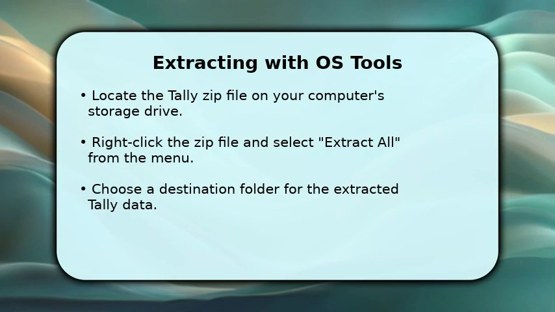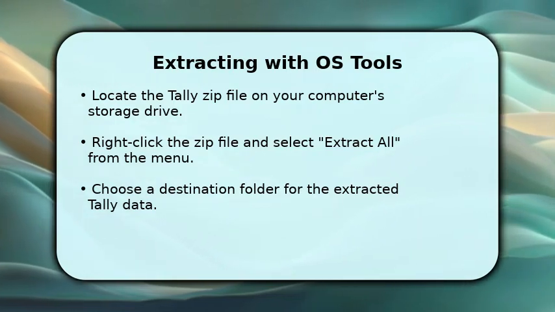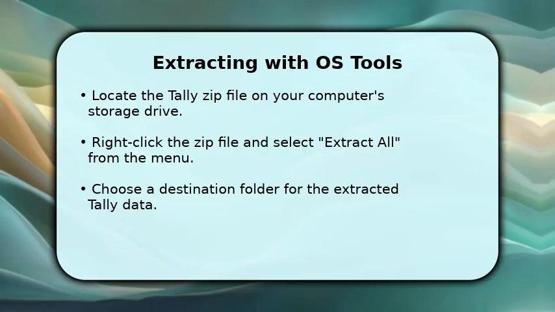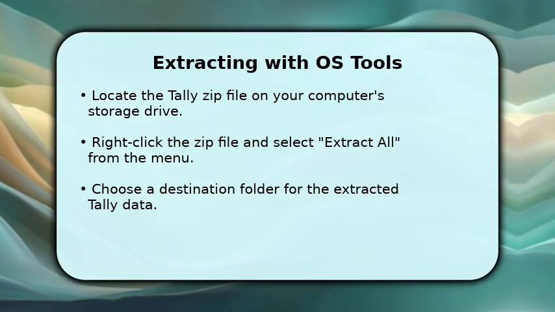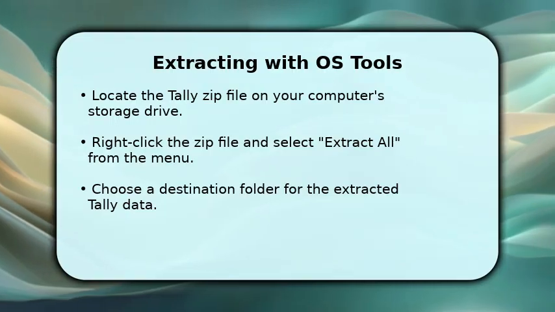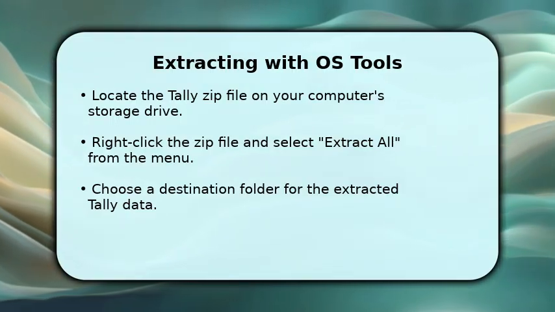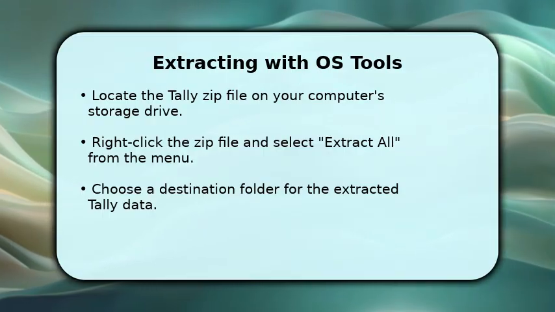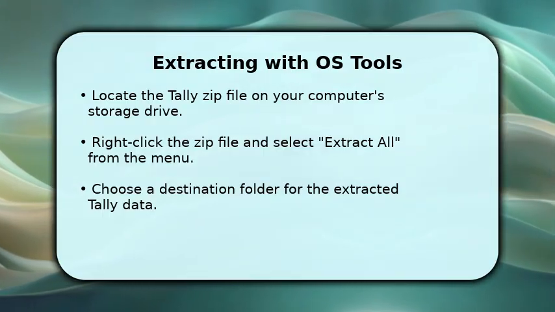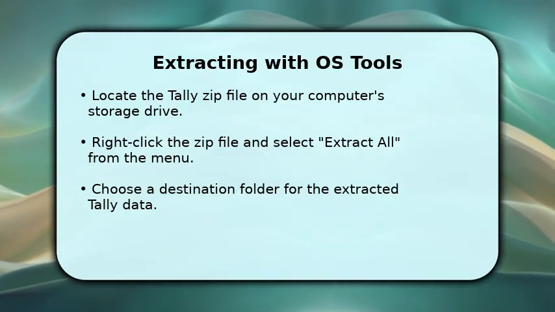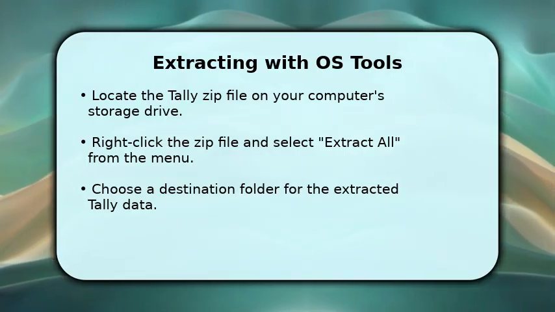To begin, let's use your operating system's built-in tools, which are available on most computers. First, navigate to the location where your Tally zip file is saved. Right-click on the file, and a context menu will appear. From this menu, select the Extract All option. You will then be prompted to choose a destination folder for your extracted Tally data. After confirming your selection, the system will create a new folder containing all your Tally files, typically in just a